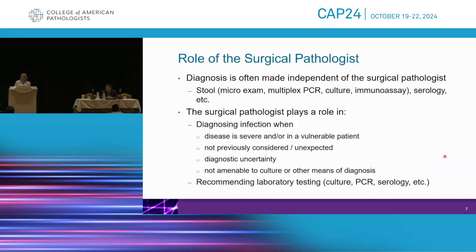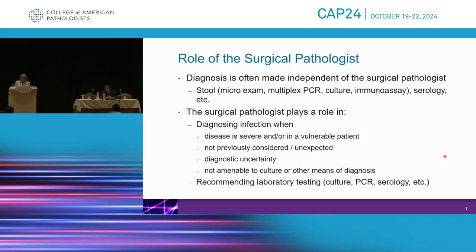When we think about our role as the surgical pathologist, these diagnoses are really often made independent of us in a number of situations. And that's because there's really robust laboratory testing mechanisms by which our colleagues can assess for these. Those include stool examination with microscopy, multiplex PCR, culture, immunoassay, and serology. But certainly there are limitations to these studies that are important to be aware of. Things like multiplex PCR might detect something that's not always clinically relevant in patients often with chronic diseases or chronic diarrhea, for example. And things like culture and microscopic examination are well known not to be terribly sensitive, and therefore